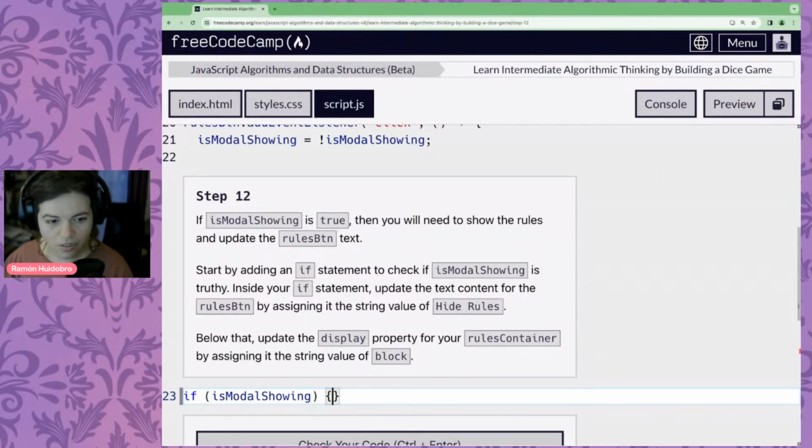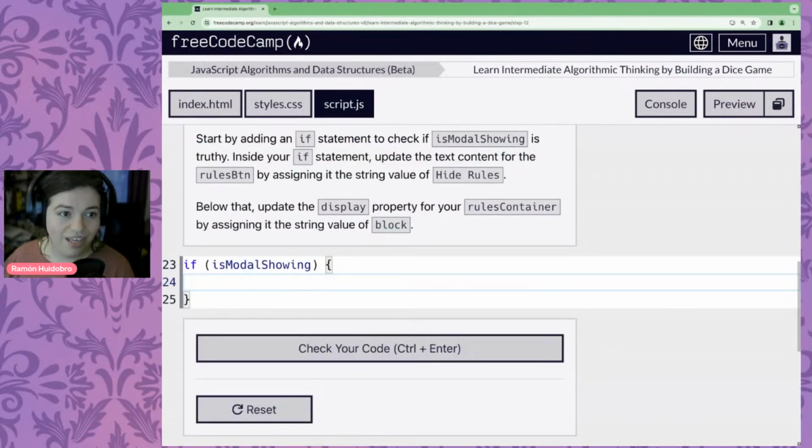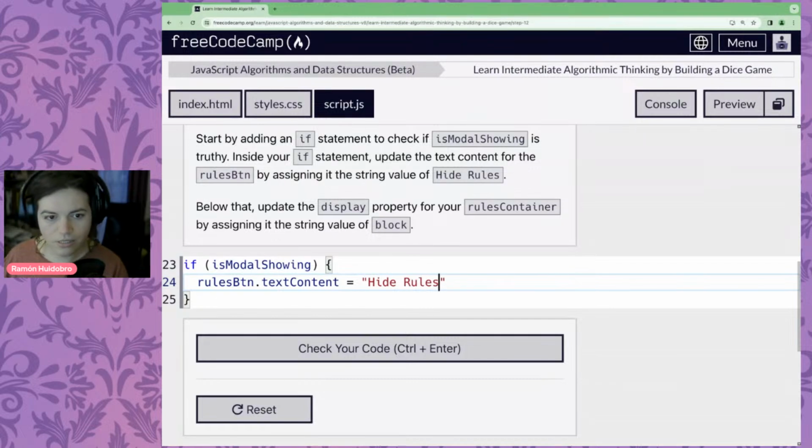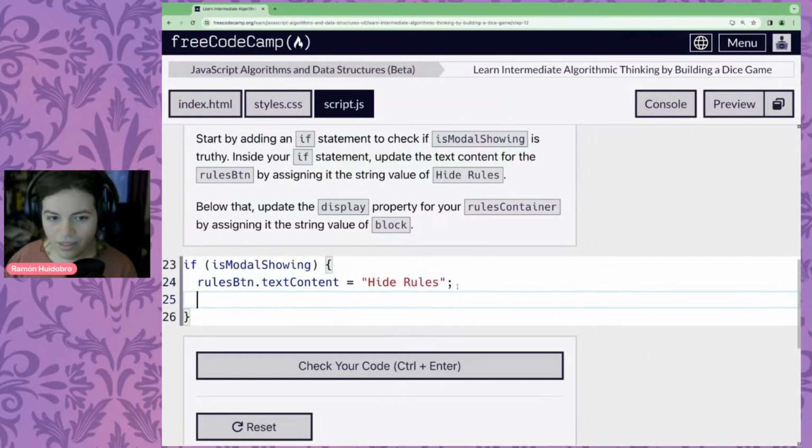We'll just go with if is modal showing, and if it is, we will change the rules btn.textContent. Remember, that's the text inside the button, to be hide rules. And then we're going to take our rules container and change its display to be block.